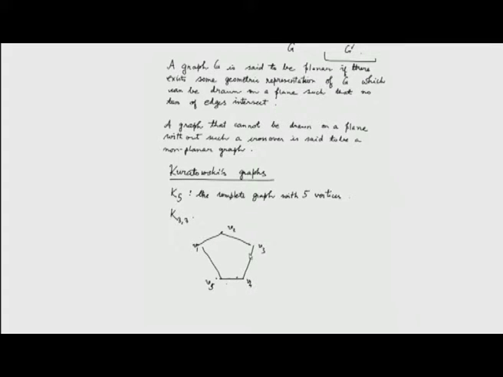We have got a cycle here, and then we have to connect V1 and V3, we connect that. We have to connect V3 and V5, we connect that. Now, we have to connect V5 and V2, we connect that, and we have to connect V2 and V4, we connect that,